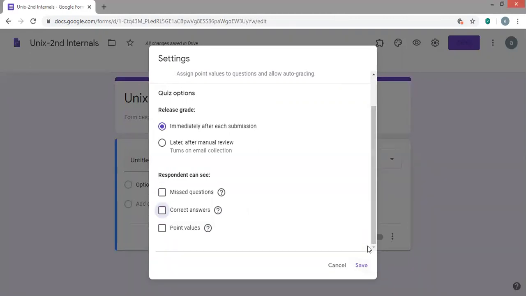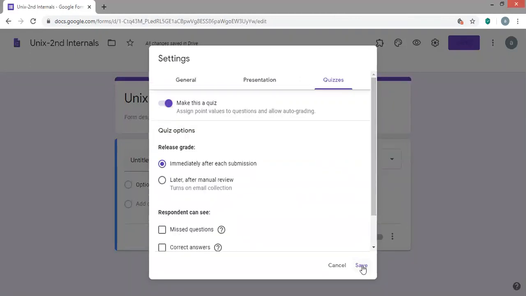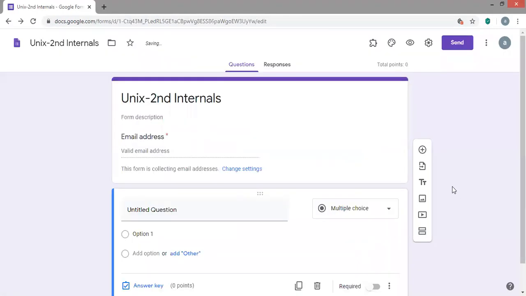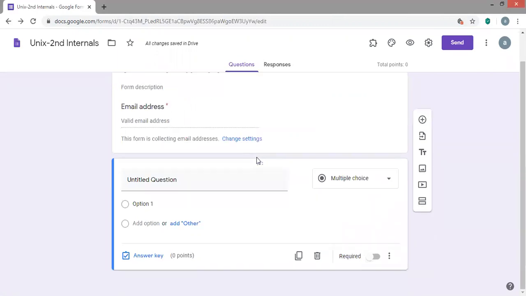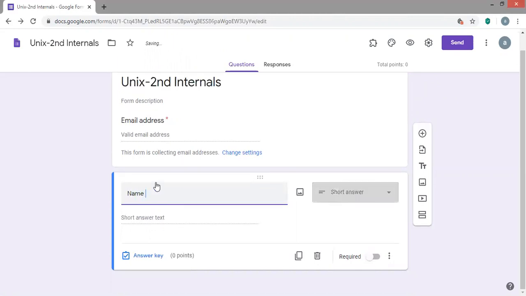Then just click on save. The first part has been done. So the students will be able to type their email address. Now, as a part of it, inform the students to type their name. By default it is going to take it as a short answer, and make sure that you enable this so that the name field becomes mandatory. So now this part is mandatory.